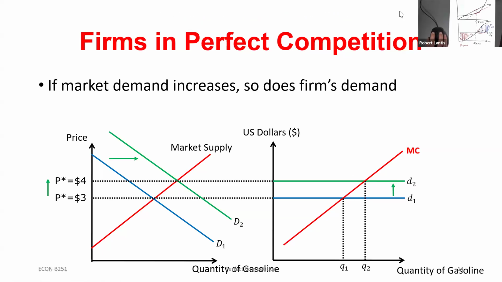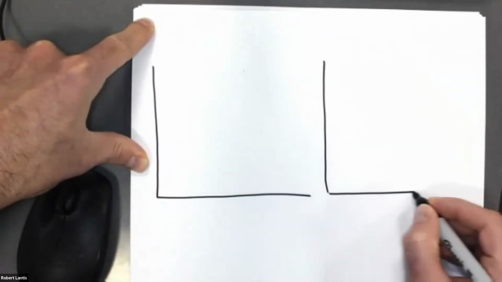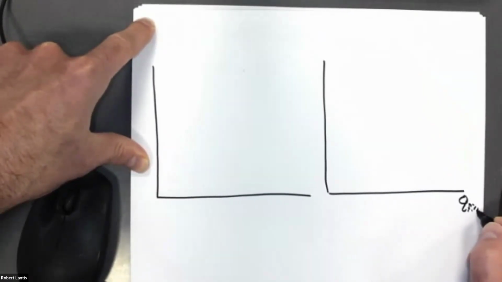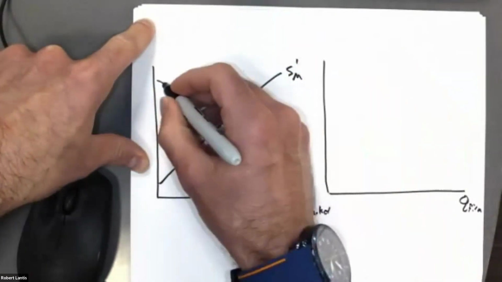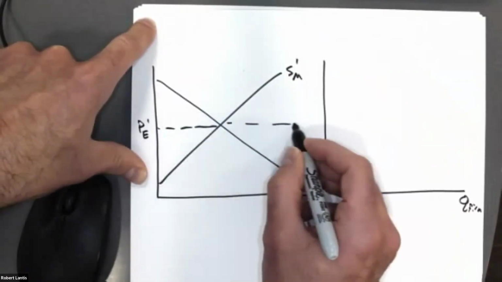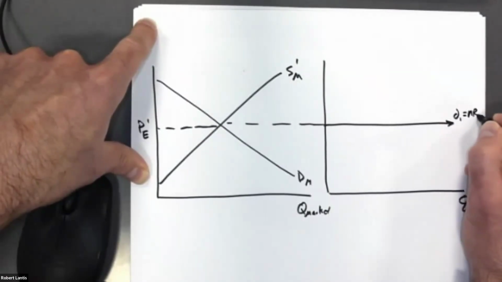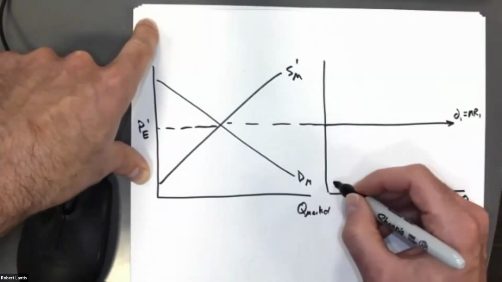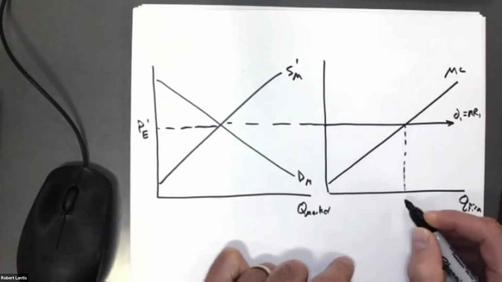Okay. So just to get more examples of this, we could also have a similar thing happening if we have shifts in supply. Okay. So let's say I started out and I've got my market, I've got my firm, here's my market supply, here's my market demand, here was the initial equilibrium price. We said that was going to be the firm's demand curve, which also represented their marginal revenue. We then also, and here I could even do, let's say we don't have any gains from specialization, so here is our marginal cost, right? So the point or the quantity for the firm,